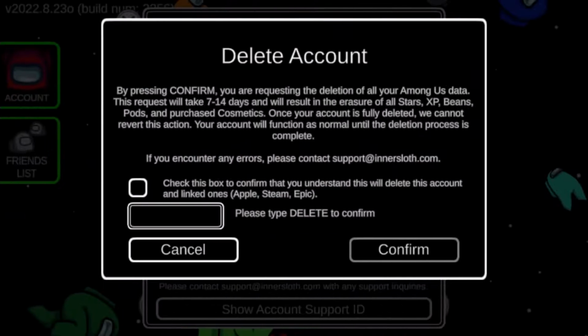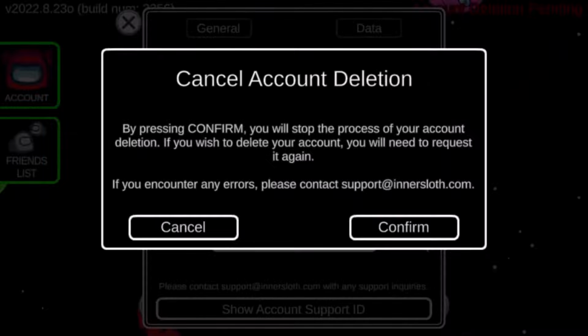Once you tap on that option, you will see this kind of interface. Please read the next pop-up carefully, and please note also that the delete account feature will also delete any linked accounts on other platforms, which will erase all stars, XP, beans, bots, and purchased cosmetics. Once you've read this pop-up carefully, just check the box and tap on delete in the box in order to confirm it. Now congratulations, you've begun the account deletion process, which will complete in 7 to 14 days, and you'll